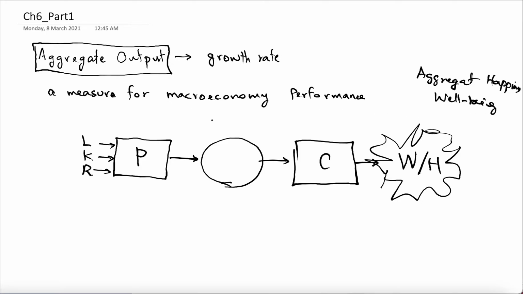So the economy is performing well if the well-being is maximized. Maximization of this subject to the constraints we are facing is an indication. The higher the better. But actually this is a little bit difficult to measure,